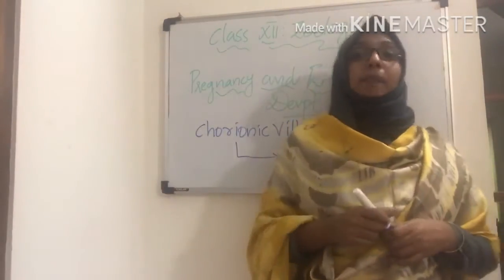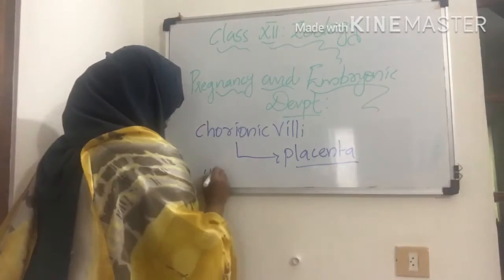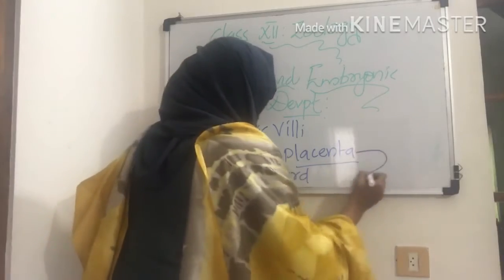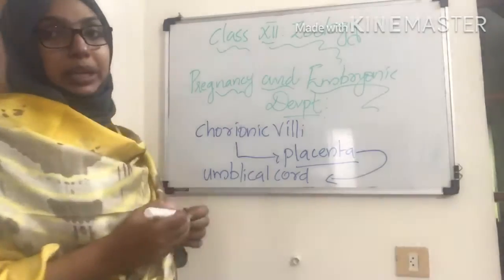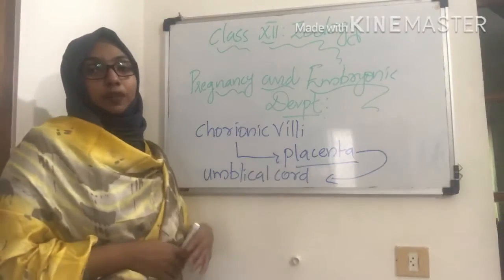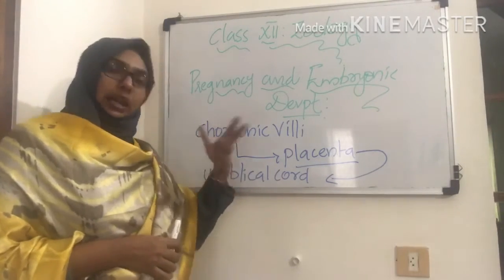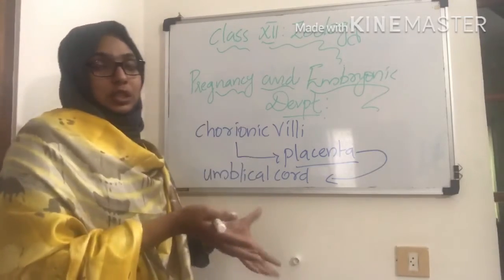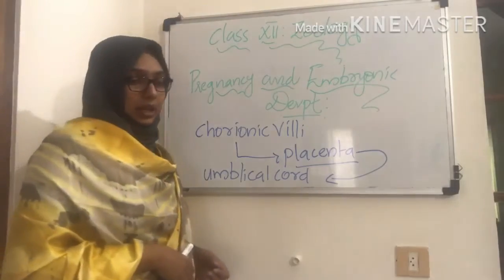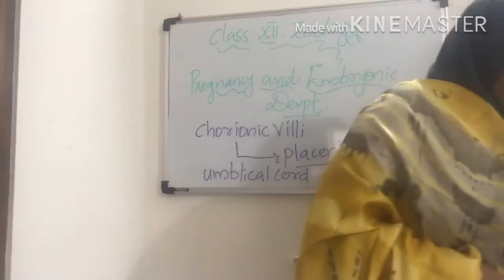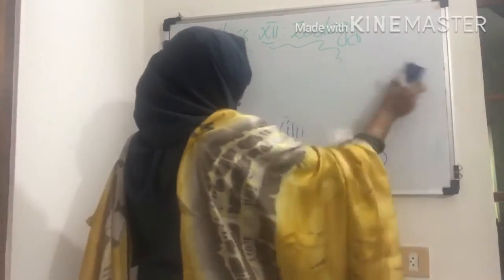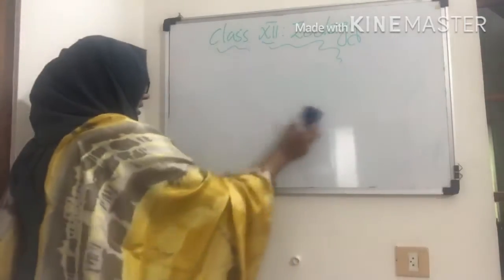Okay. So placenta is connected to the embryo by means of the umbilical cord. The umbilical cord facilitates the supply of everything from the mother's blood to the fetus and also from the fetus to the mother's blood. Clear? And also placenta acts as an endocrine gland. You know what is an endocrine gland, right? They are the ductless glands, right?